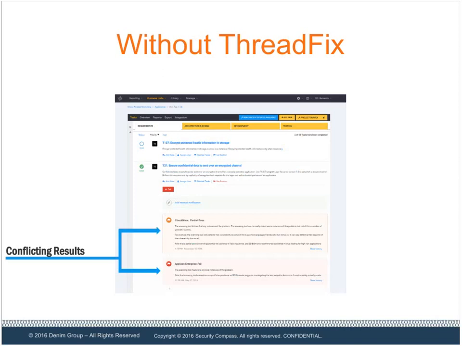You can get conflicting results, as in this example. We had a partial pass with check marks and a fail with AppScan. That's where we think our customers really like the vulnerability consolidation feature that Dan talked about in ThreadFix. ThreadFix can intelligently handle all those